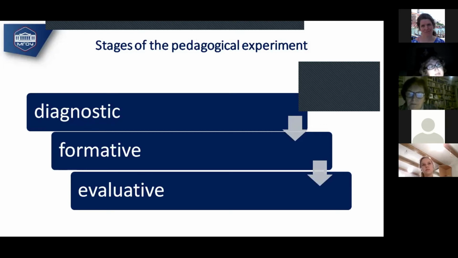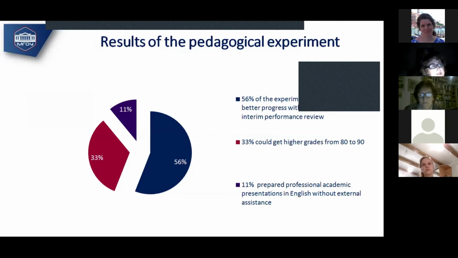Furthermore, the results of the survey demonstrated that the students were really interested and highly motivated in studying the course because it's part of their future profession. The results of the experimental study in the non-linguistic group seem encouraging and stimulating for the further use of the teaching materials. Nevertheless, the objective figures could witness the effectiveness of the training material, as on average 56% of the experimental group made better progress with 75 to 84 points in the performance review, while 33% got higher grades from 80 to 90 points, and 11% of the low achievers were able to prepare professional presentations in English without external